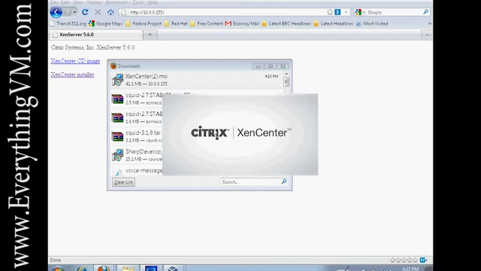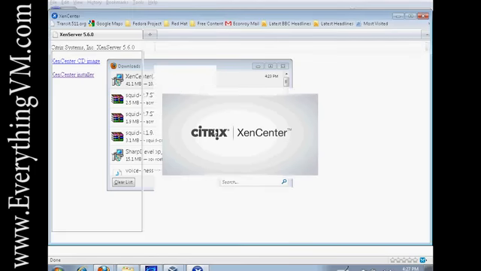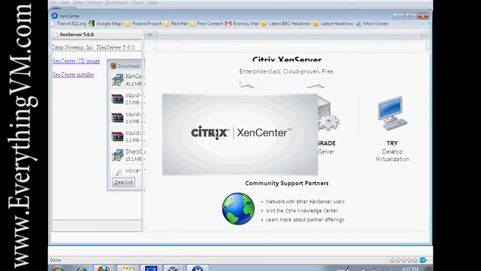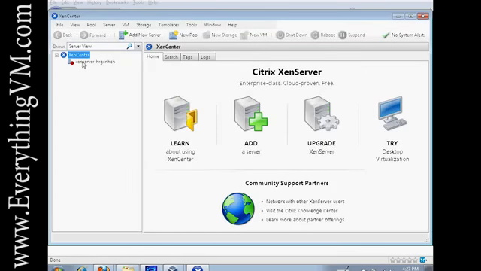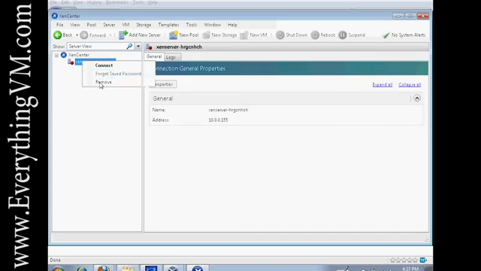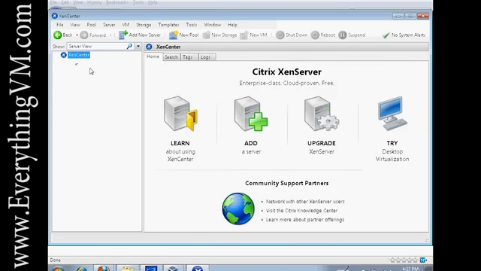After it finishes launching, we're going to have to enter the IP address of our new XenServer that we created, and then the XenCenter software will be able to manage the XenServer that we created. It's from the XenCenter software where you actually do all the configurations, such as creating all the networks, connecting it to LUNs, etc. So I've actually had this installed before, so I'm just going to remove that. Alright, so now in order to add a new server, notice we have none right now. Click on Add New Server,